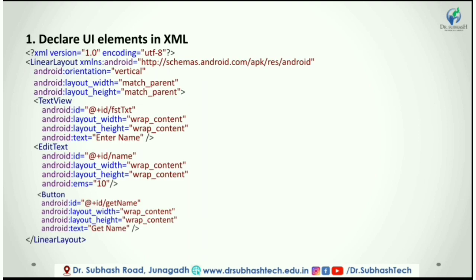First is declaring a UI element in XML. In Android, we can create a layout the same as web pages in HTML by using default views and view groups in the XML file. The layout file must contain only one root element, which must be a view or view group object. Once we define the root element, we can add additional layout objects or widgets as child elements to build the view hierarchy that defines our layout.